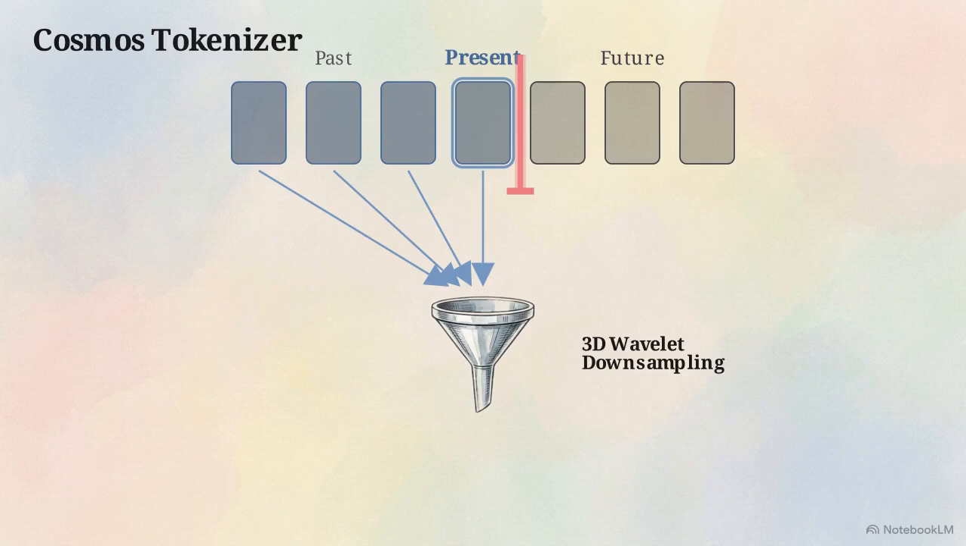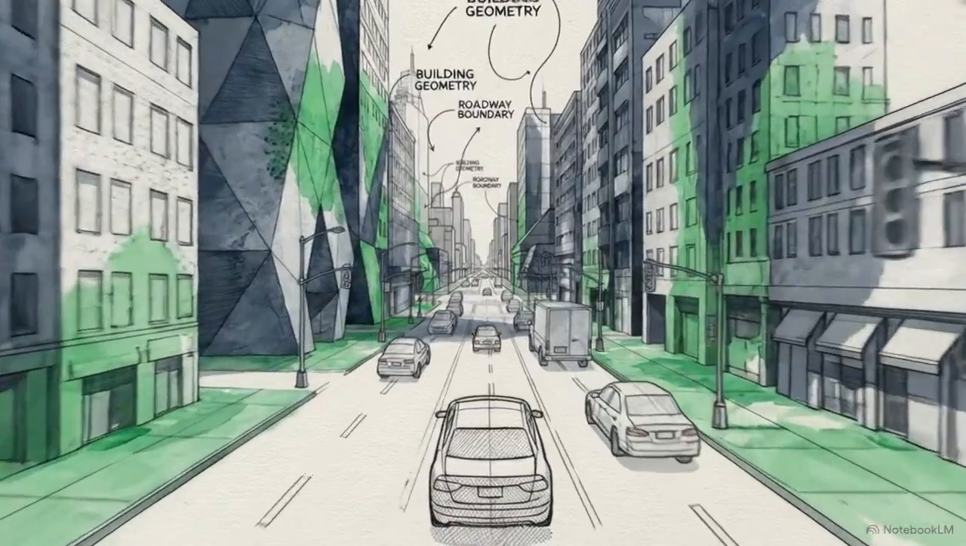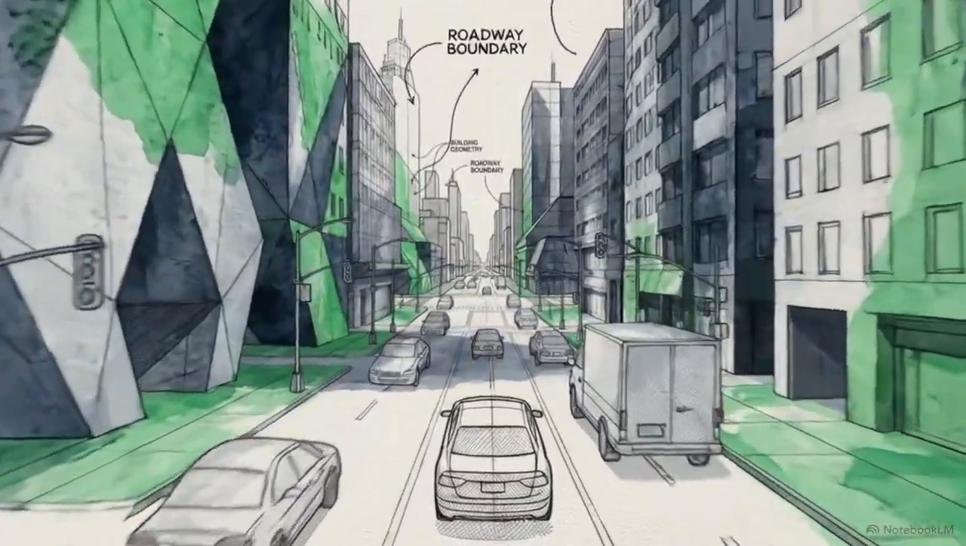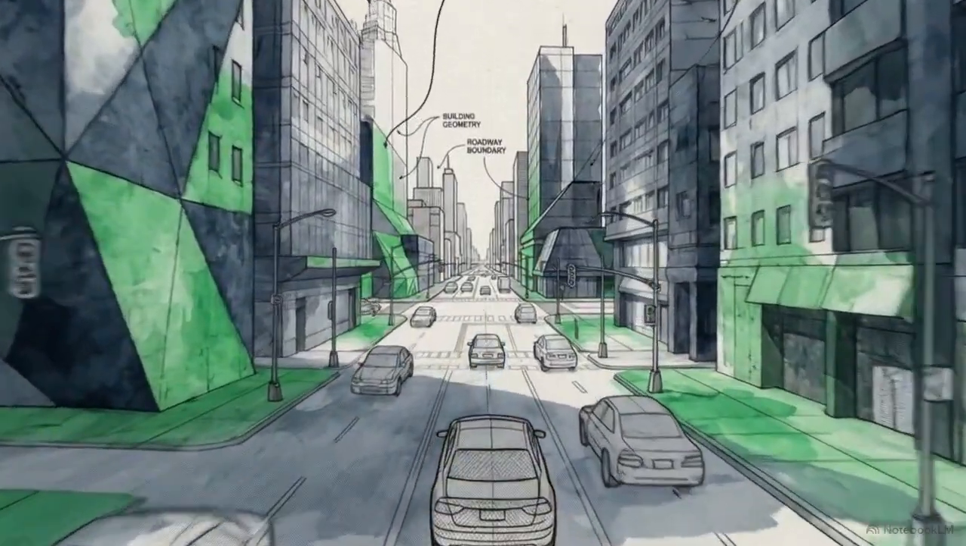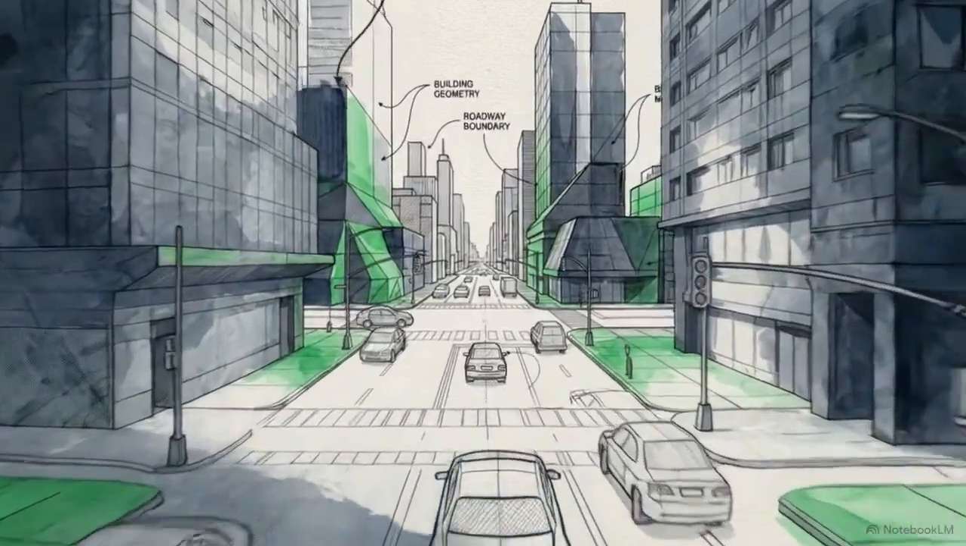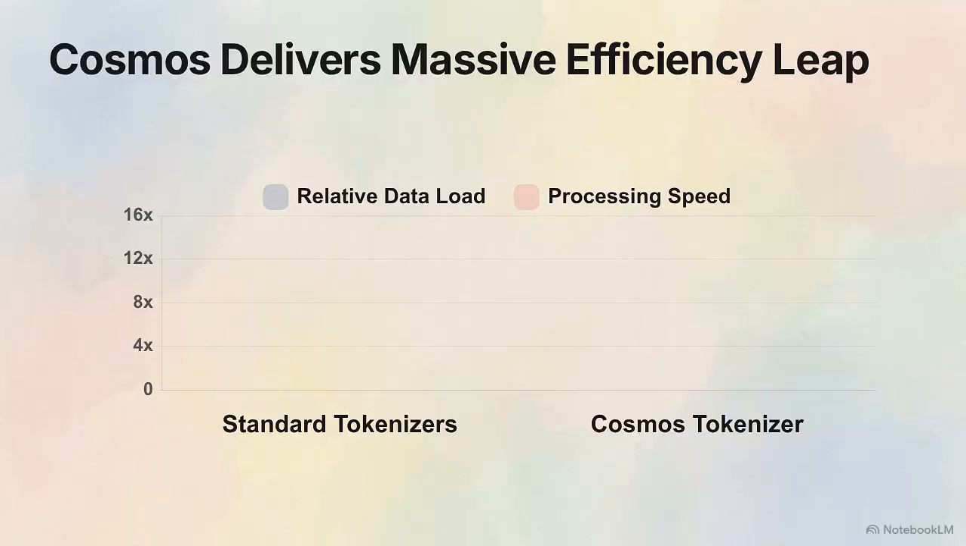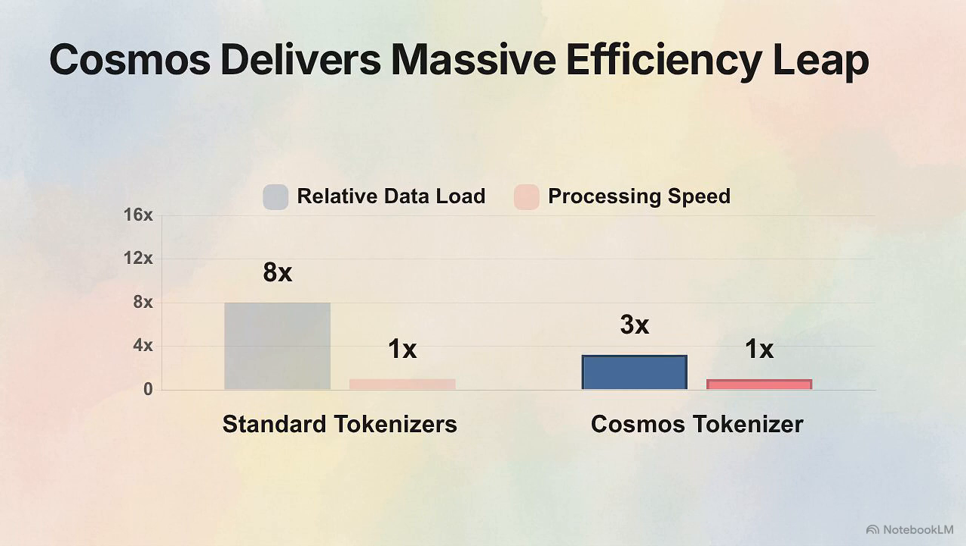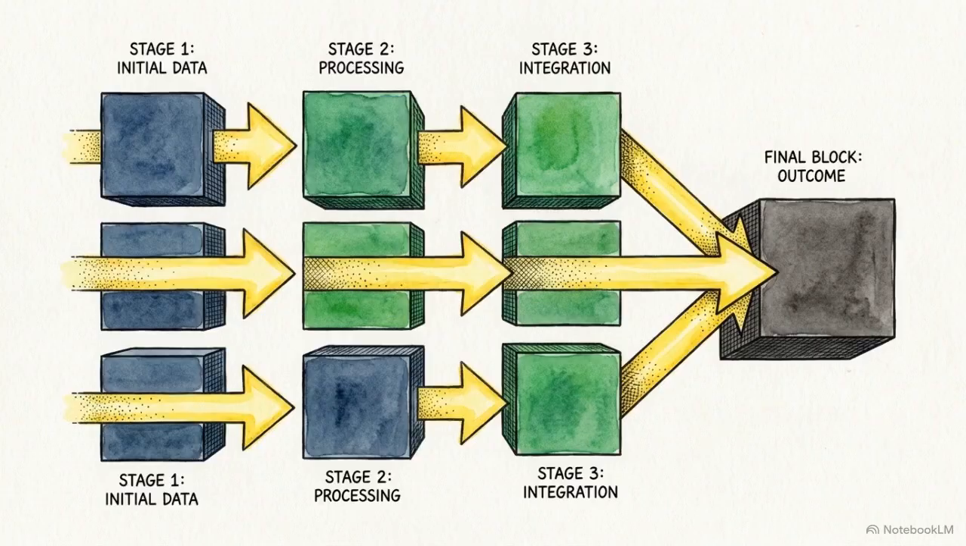Once the temporal constraint is set, the tokenizer applies 3D wavelet downsampling. This signal processing technique eliminates redundant pixel data, allowing the neural network to focus exclusively on meaningful physical features of the environment. This architecture delivers 8 times more total compression and processes data 12 times faster than previous standard tokenizers. Enforcing causality at this fundamental level ensures the model's internal logic mirrors the unidirectional flow of time in the real